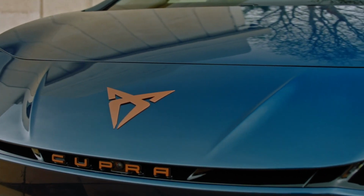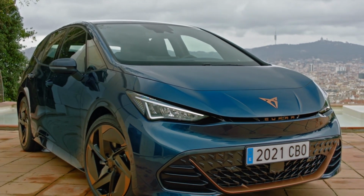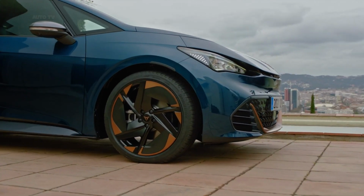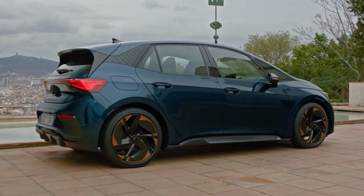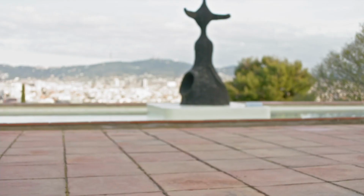Introducing the Born electric hatchback in production as a follow-up to last year's concept car. A sister model of the Volkswagen ID.3, the compact EV does a fairly good job on the outside of hiding its German roots by adopting a significantly more aggressive design. The meaner front-end design consists of sharper-looking headlights and large air intakes, lending the CUPRA Born a sportier look compared